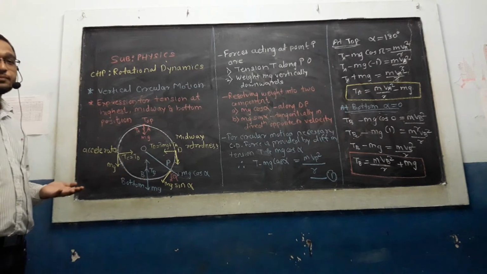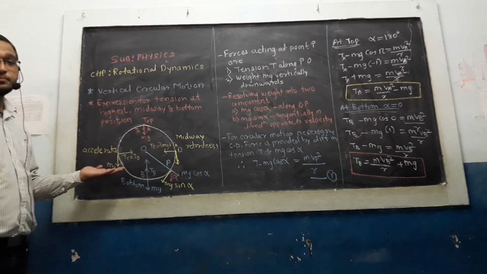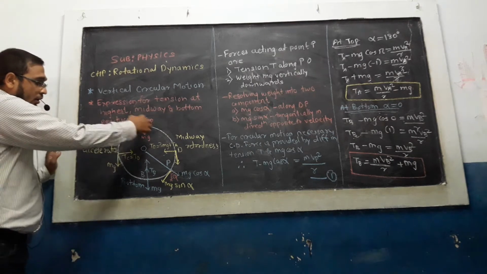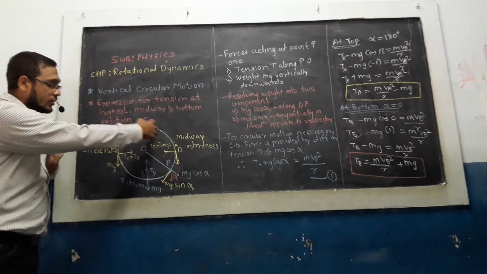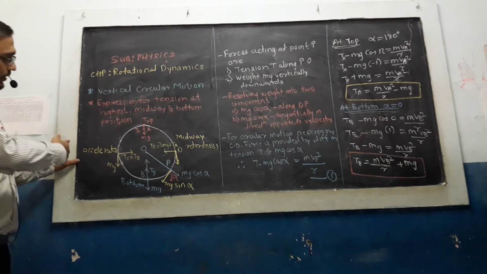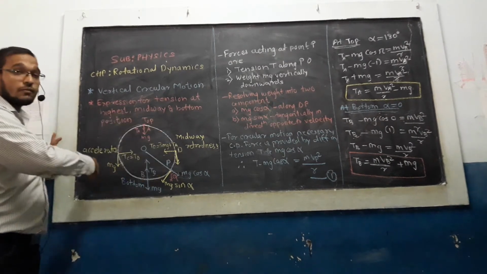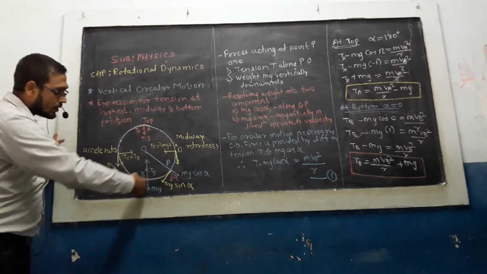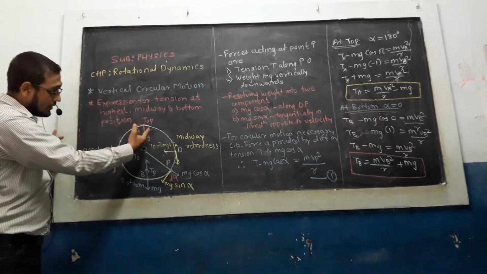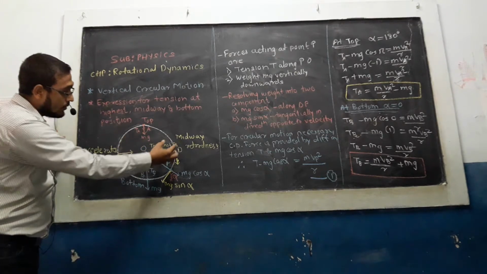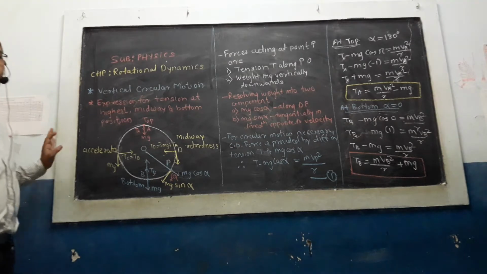A basic example is the merry-go-round. In the circus we like to sit in this merry-go-round, and during that the motion traced by us is nothing but a vertical circular motion. So when we are at the top, what is the tension? When we are along the midway, what is the tension? And when we are at the bottom, what is the tension?